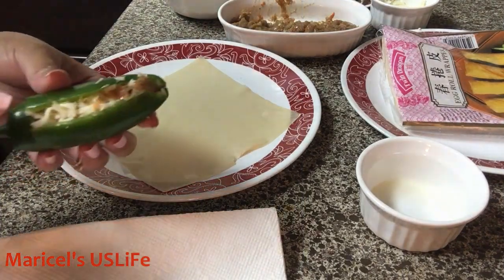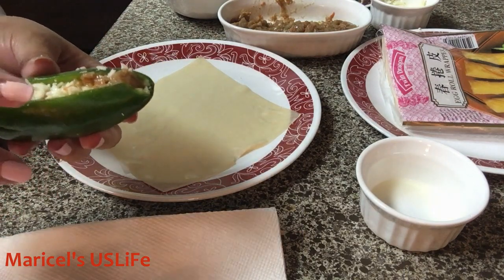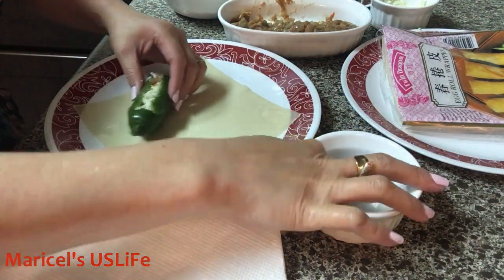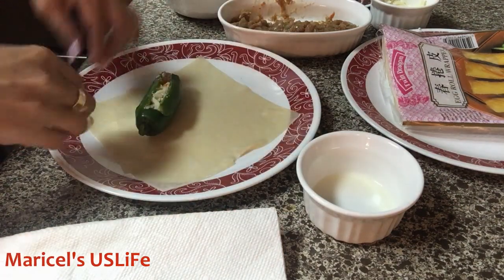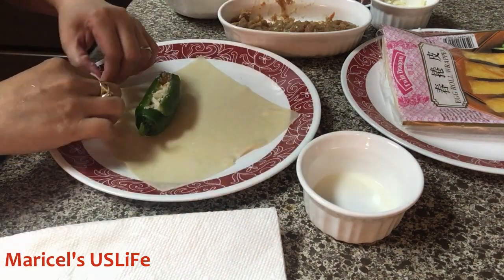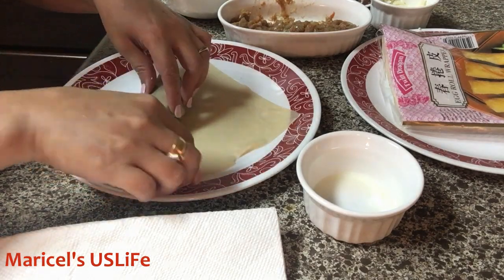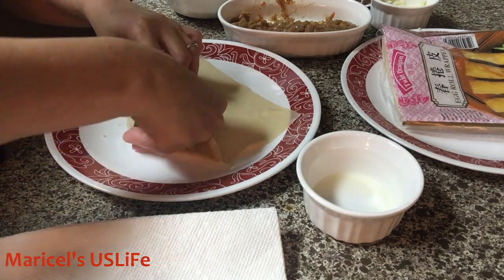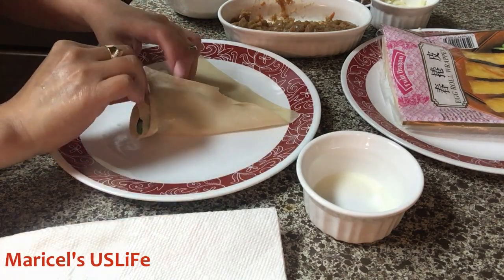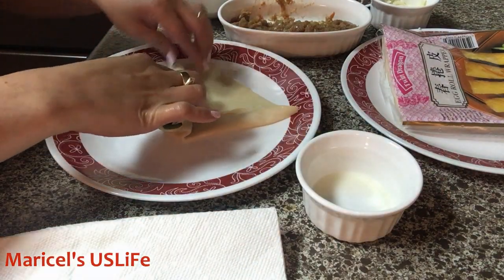So the chicken egg rolls, make sure it's inside already with the mozzarella. So you put egg white on the edge here. So we have to do the diamond shape, and you wrap it around like that. You make sure that you try this stem sticking out. Just find your way to wrap it around, and then seal it with the egg white again, rolled a little